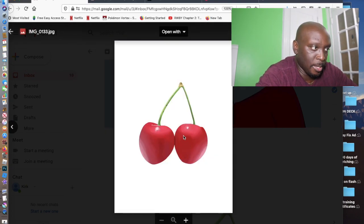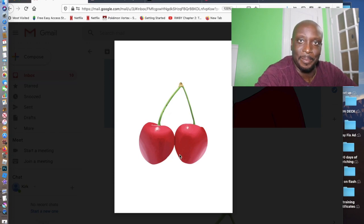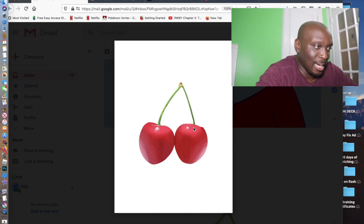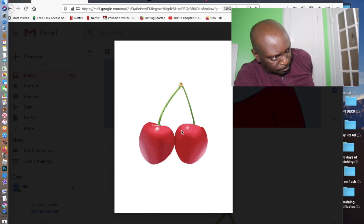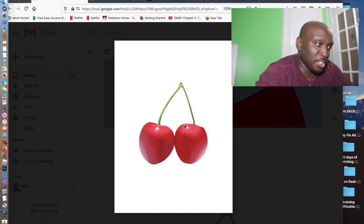So let's see the other drawing, and these cherries, which I think were done digitally, they look like I can almost just pick them off my screen and eat them. This looks really nice. I don't usually do a lot of digital art. I use Photoshop, especially for comic book stuff. And for my comic book, I used a lot of Photoshop, but I don't really do a lot of digital art, not because I'm not a fan or I don't like it, but because I prefer traditional art,